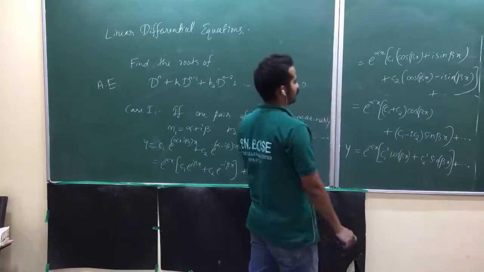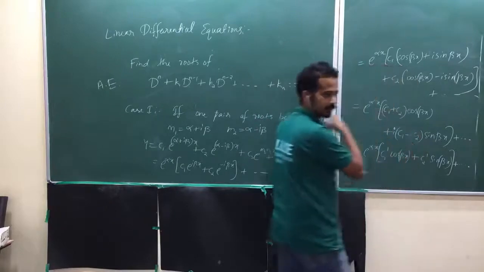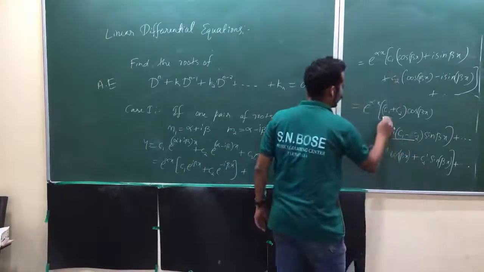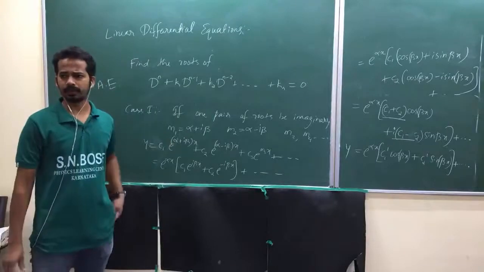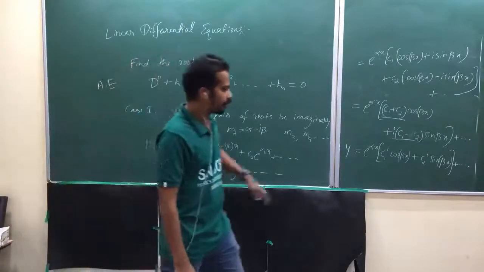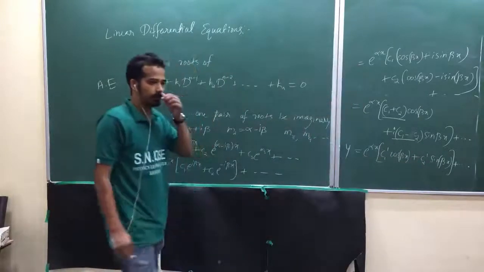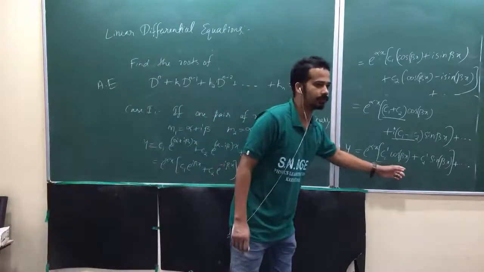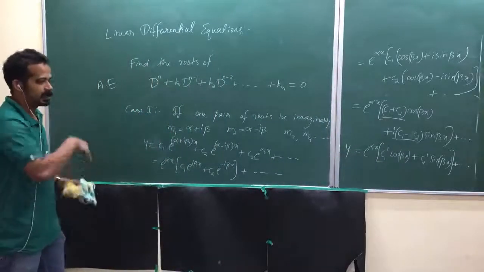I into c1, okay, I comes out, am I right? I into c1 minus c2, yeah, that is correct. I call this together as c2 dash, this together as c1 dash. Some other constant, it will be evaluated using boundary condition later. You don't have to worry about that. Now corresponds to that pair of complex number, this is the root, sorry, this is the solution. Corresponds to these two roots. So this is the part of the solution and other part will be followed. Is that clear?